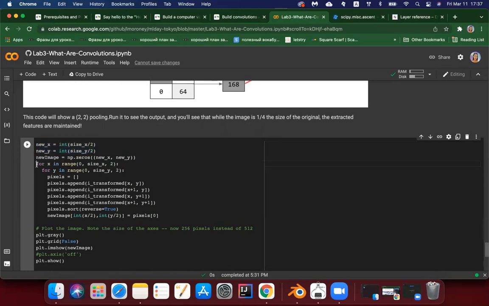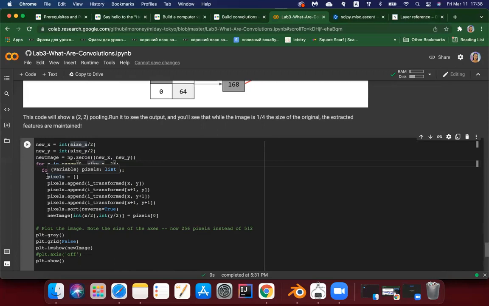And again, we will have a nested loop to go through the X and Y axes of the original picture, so we use the size X and size Y. Each time we create an array, and the values will be added